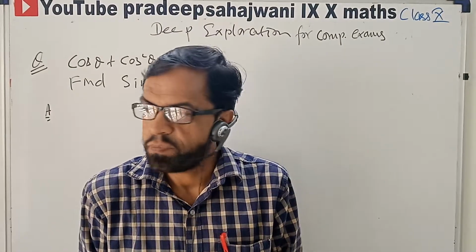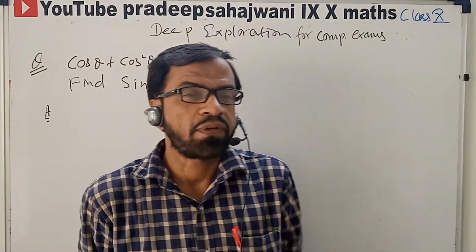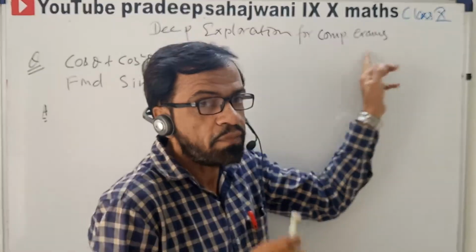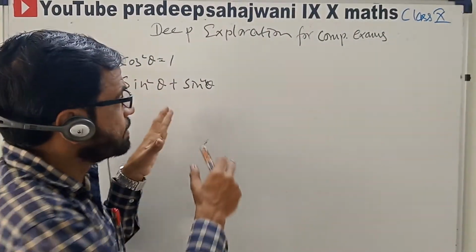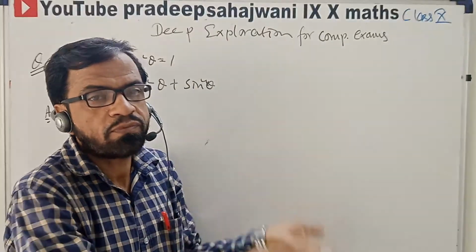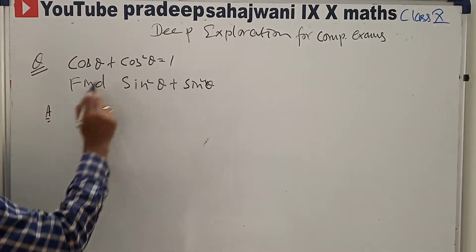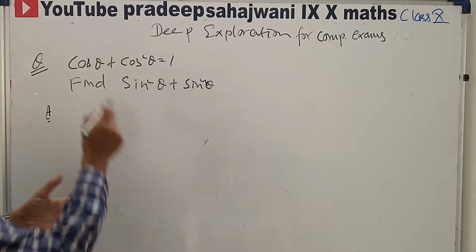Questions, because this topic is trigonometry. Some questions are very important for the competitive examination. So we are doing a deep exploration. Deep exploration means if we understand the concept, we can directly do the objective question without solving. How? Like this question is descriptive; how to attempt it in a competitive, objective way.